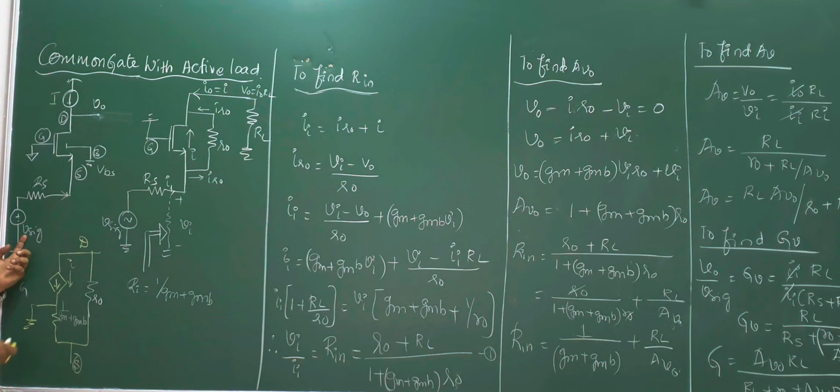Now equation 1 can be rewritten, where you have the already understood value of I and the IR0 we just found. Substitute both over here. When you substitute, (VI minus V0) divided by R0 is IR0, plus I, which is nothing but (GM plus GMB) into VI. Just write the second term first, for simplification. Write down an equation for V0.